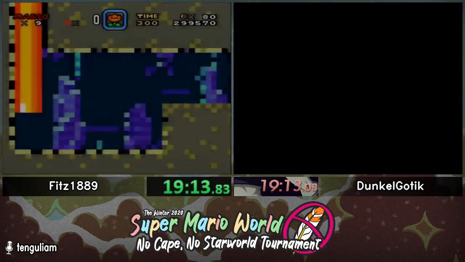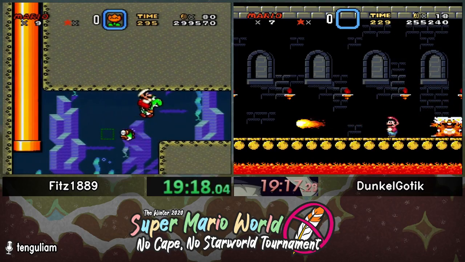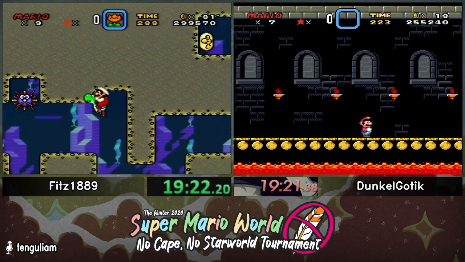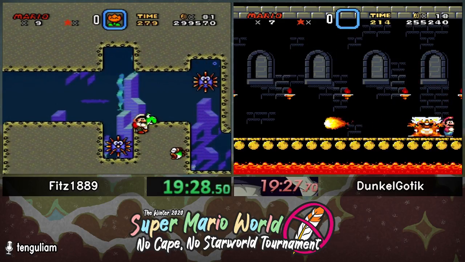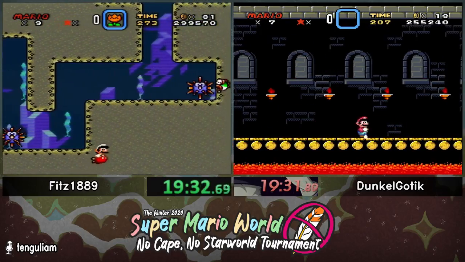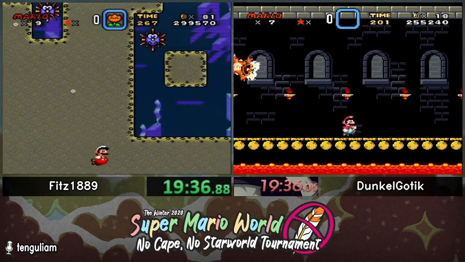So you'll be seeing Dunkel most likely going for a cycle skip in just a moment, he'll be trying to jump on Ludwig while he's in the air. Fitz right now is going for... Oh, Dunkel missing the cycle skip. But Fitz getting Yoshi clip second try with the left-hand side, which is an interesting...